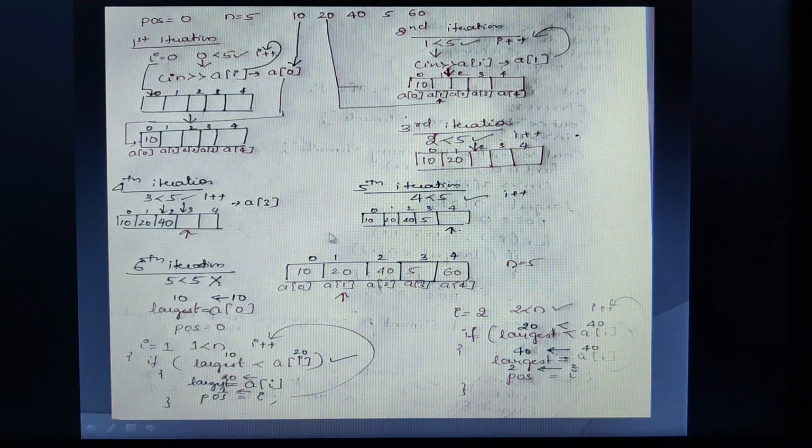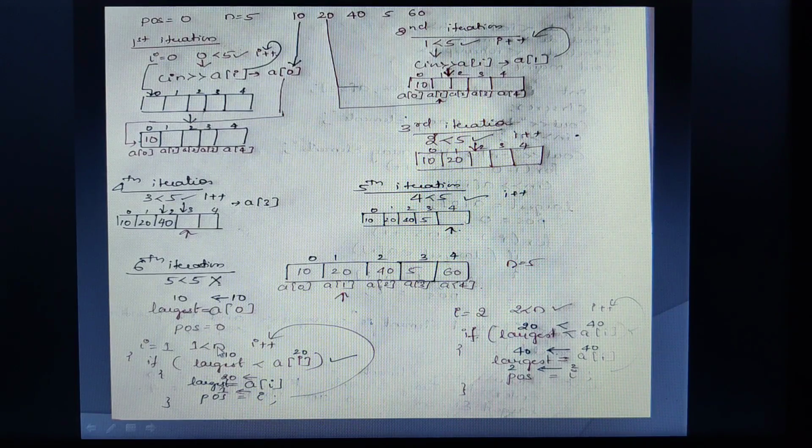The next one is what? I need to point at this particular location and then compare the value in the 0th location with the value at the first location. In order to do that, I need to set my counter variable to point at this location. Therefore, I have written I is equal to 1. After that what happens? Whether 1 is less than n. What is the size of n? That is 5. 1 is less than 5. Yes, the condition is true.